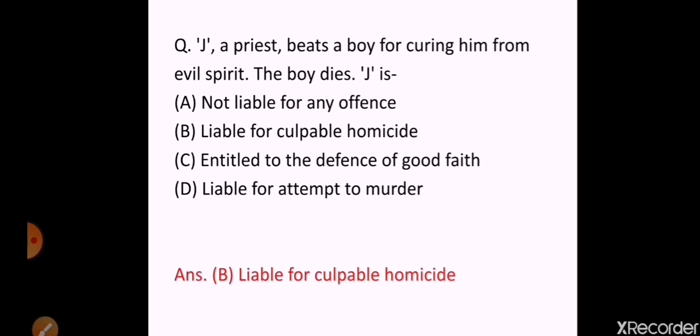So if you have to see the examples also, these are the examples mentioned under section 299 of IPC. I am covering the questions of examples also, assertion reasons also, plus the cases also, so you have to see all the questions. The next question is